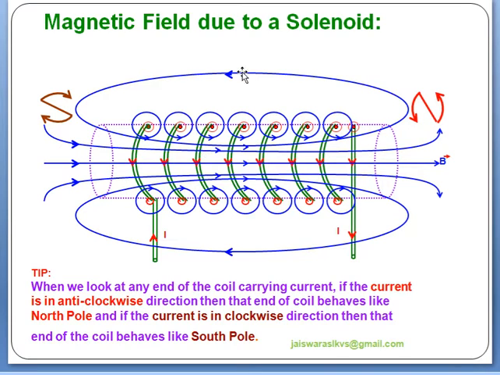So if the direction of current is anti-clockwise, that pole behaves like north pole, and if clockwise, that end behaves like a south pole. And then we can make the magnetic field lines. Why? Because by property we know that magnetic field lines always originate from the north pole and terminate at the south